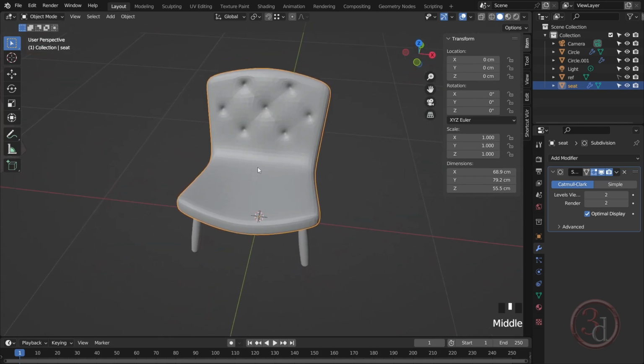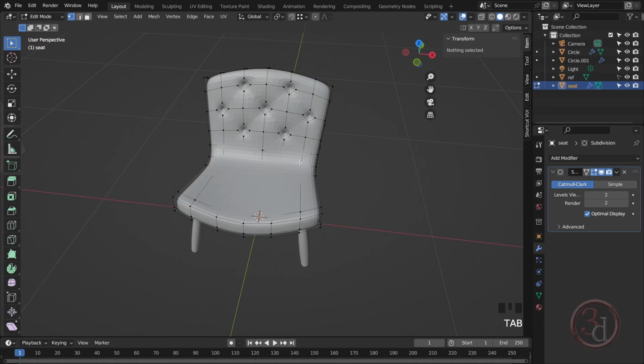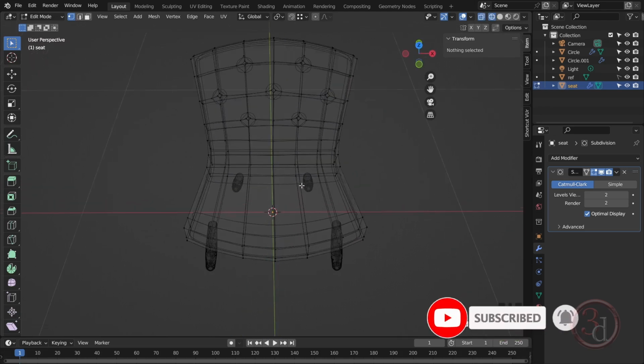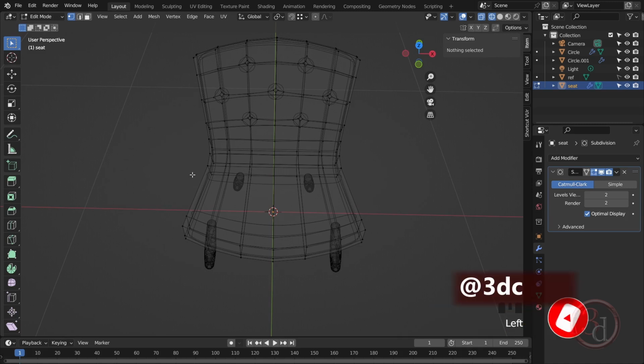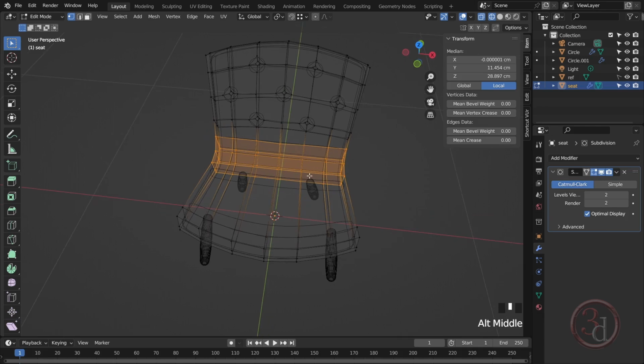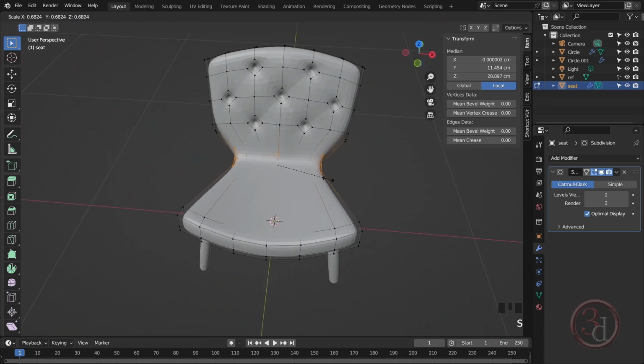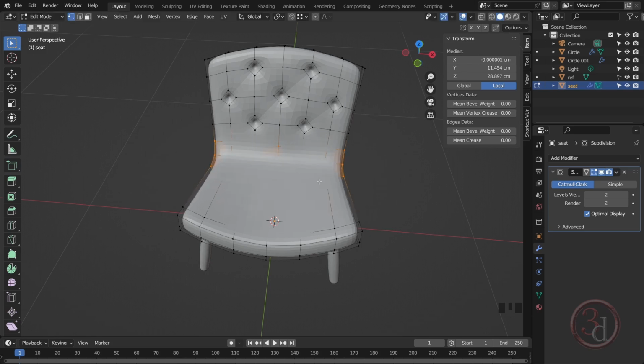So let's adjust this. So I'll press Tab and I'll switch to the wireframe, and I'll try to select these vertices at the center over here, and I will scale them in. If I scale like this, it won't work. So I'll enable this function, proportional editing. Shortcut is O. So I'll press O,